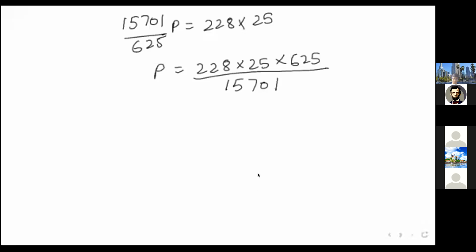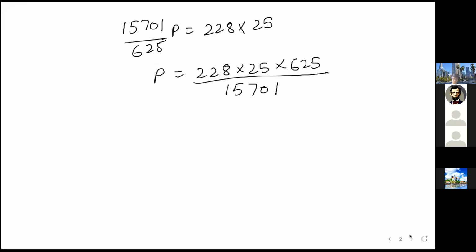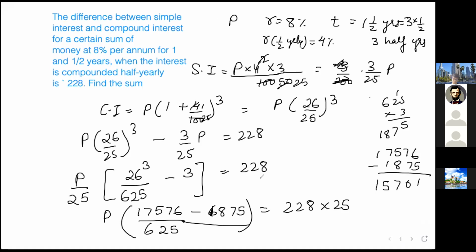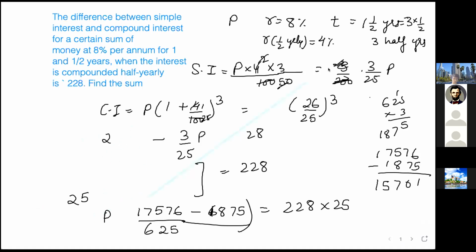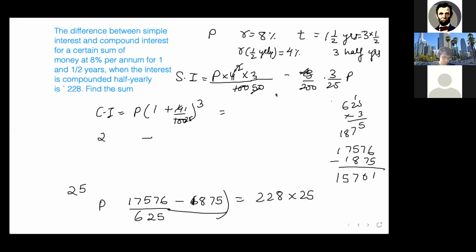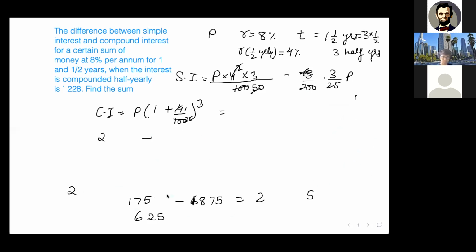Okay, just a moment. We did one mistake. Difference between compound interest and simple interest is asked. We have not done that. We didn't put the -1. Compound interest has a -1. We used the wrong formula. This is the amount formula. Every time I write the amount formula, but they have asked the difference between compound interest and simple interest. So here it will be minus.